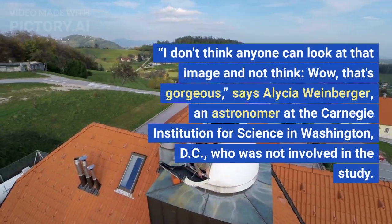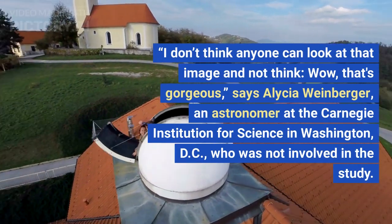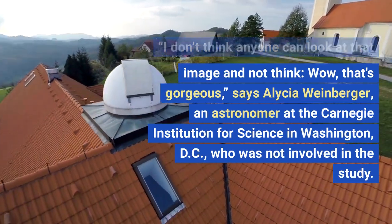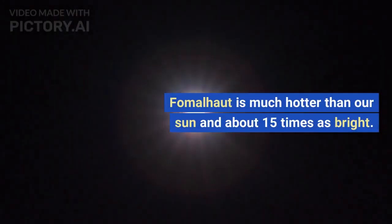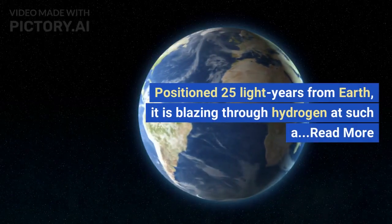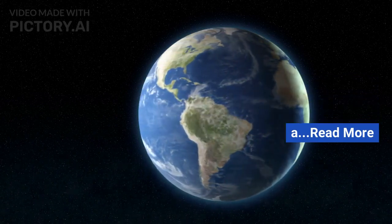"I don't think anyone can look at that image and not think, 'Wow, that's gorgeous,'" says Alicia Weinberger, an astronomer at the Carnegie Institution for Science in Washington, D.C., who was not involved in the study. Fomalhaut is much hotter than our Sun and about 15 times as bright. Positioned 25 light-years from Earth, it is blazing through hydrogen at such a